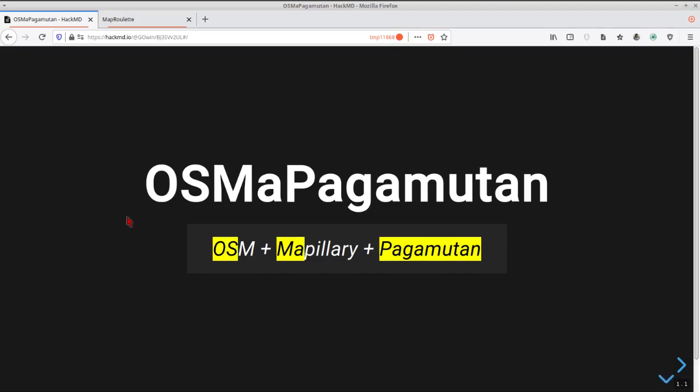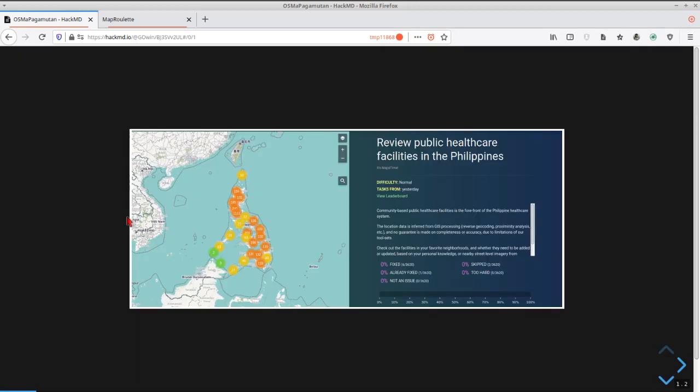Hi, this is a short demonstration of the OSMaPagamutan project of the OSM community in the Philippines. We're going to use OpenStreetMap and street-level imagery from Mapillary to map Pagamutan, or healthcare facilities, in the Philippines. We're using MapRoulette as the micro-tasking manager for this task or challenge,